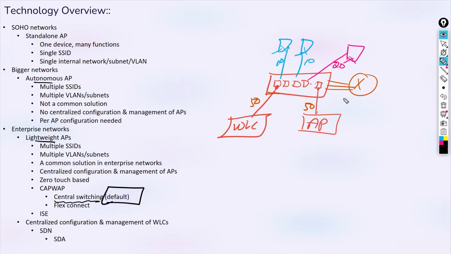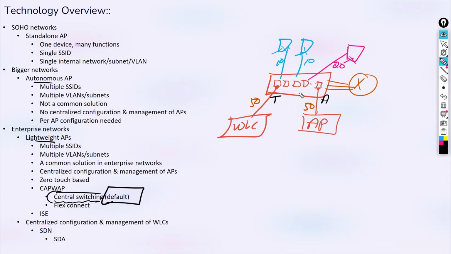Because you can understand that my STP should be in place, my trunking and access. So let's say this port will be trunk. We'll understand why this port should be access in this one; we'll see in a moment why. My access, trunk, encapsulation, decapsulation, all those should be in place. I should know about that, and we are tested on that in the lab as well. So we cannot skip that part. It should be good, right?